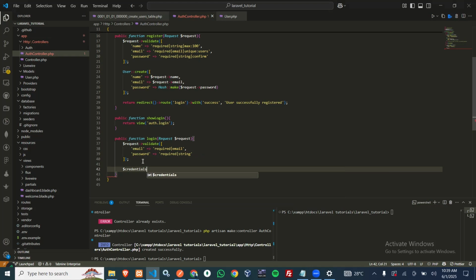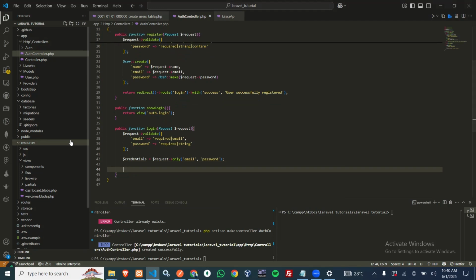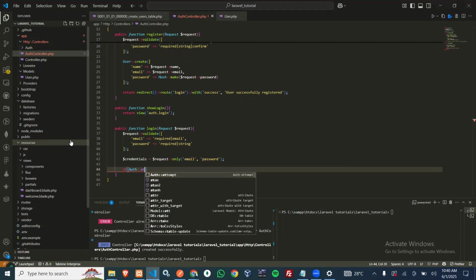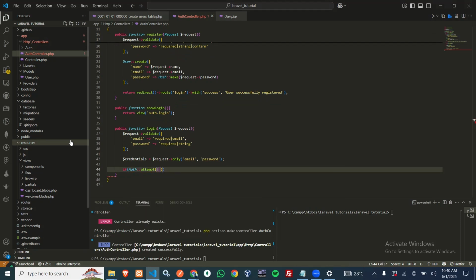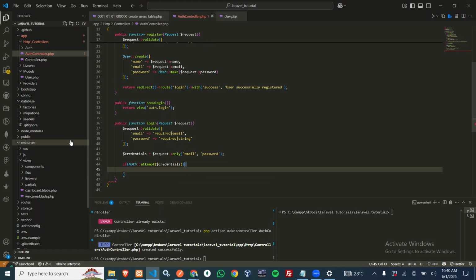Credentials. Am I spelling this correctly? I guess it's like this. So credentials, I'm going to have the request only, so email and password. So I'm going to have this saying if auth attempts credentials. If auth did attempt the credentials and it needs to be true, I'm going to return it to